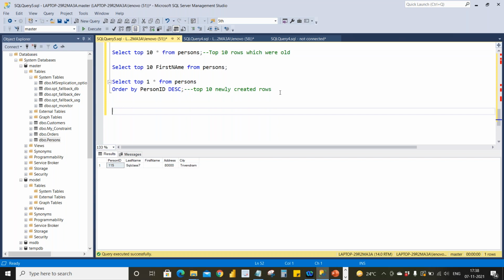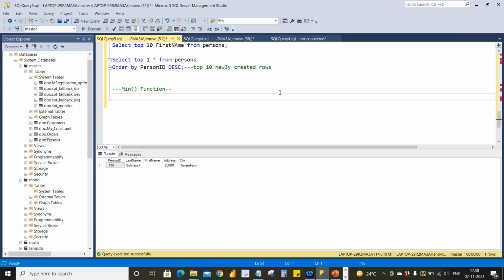We will discuss min and max functions. Minimum function. In real time, how it happens is, suppose I'm a student or an employee in a particular company or college.